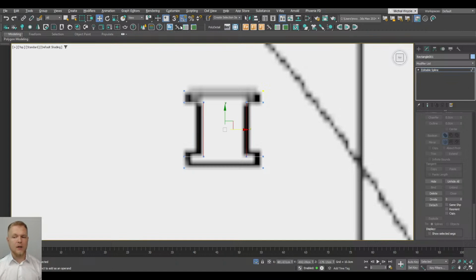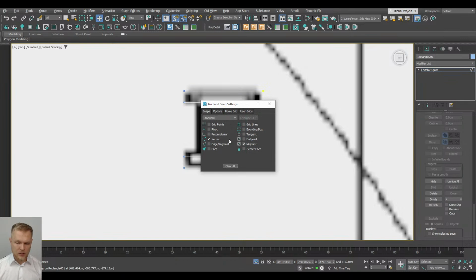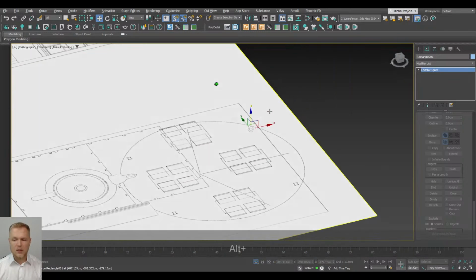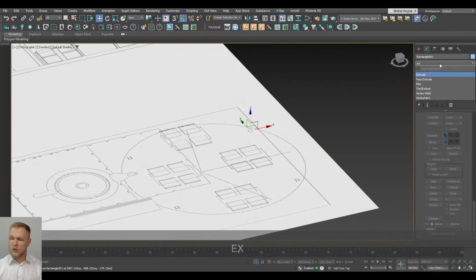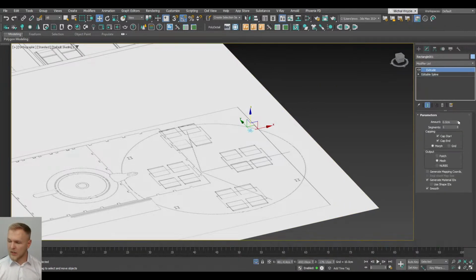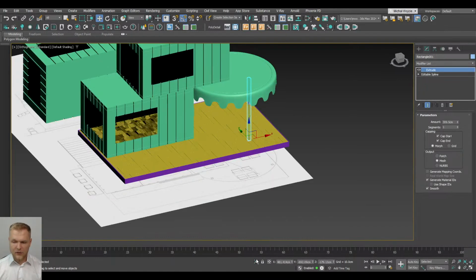So that way, if I'm going to go to toggle snap and make sure that it's set to vertex and midpoint, midpoint is my favorite setting here. We're going to just change this midpoint and just apply it to the top line. This way, we know that the distance here and here is exactly the same. And it's just going to be a bit of a cheat sheet for you guys to get a little bit more out of it. Extrude this outwards, and we're going to just put this H-beam up until the spot where